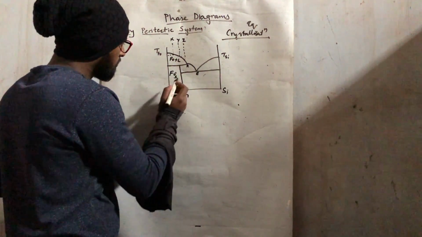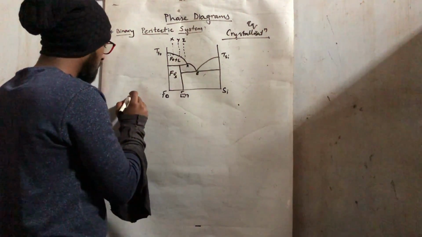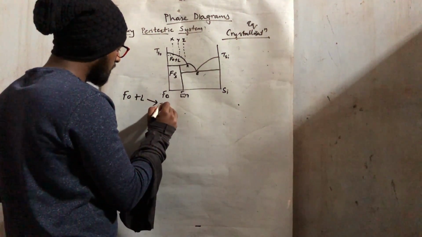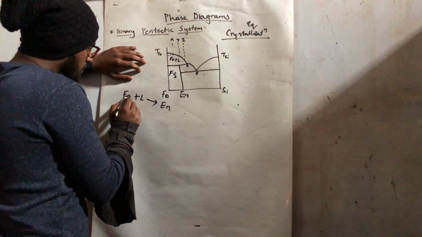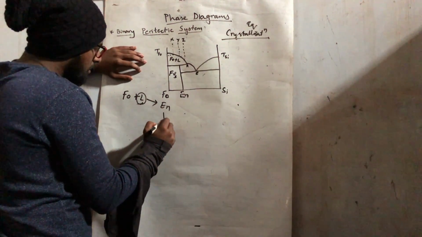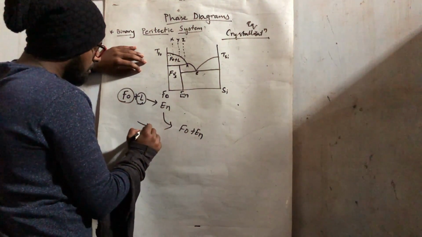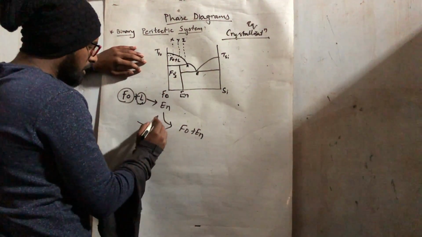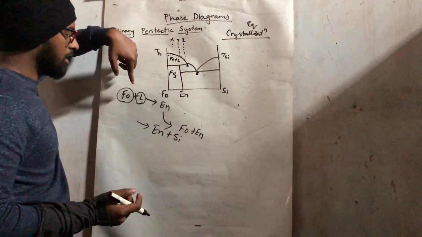Because X is more enriched in forsterite, there are two conditions at R. First, by the reaction of forsterite and liquid, we can get enstatite. That means, to get enstatite, one of them has to be consumed. If the liquid is consumed, the final product will be forsterite plus enstatite. And if forsterite is consumed, there will be a eutectic relationship between silica and enstatite, and we will get enstatite plus silica. So we will see now which liquid will give what kind of product.